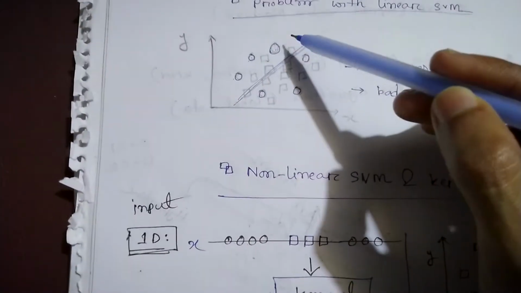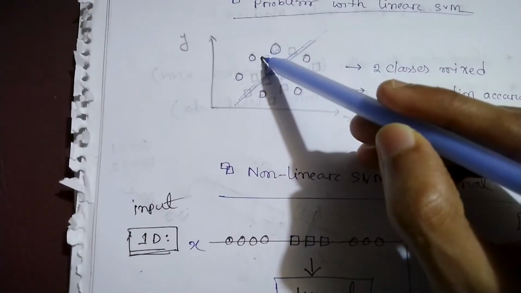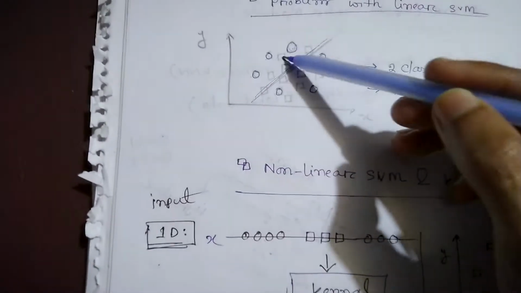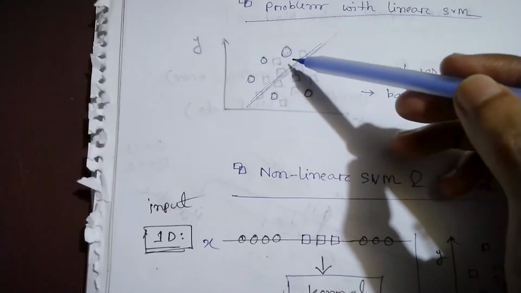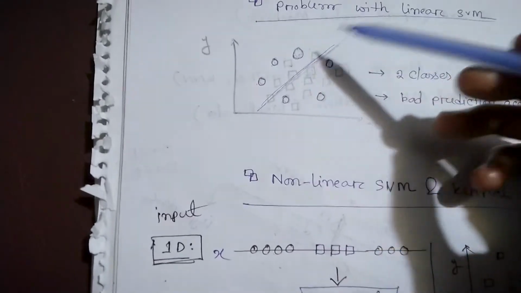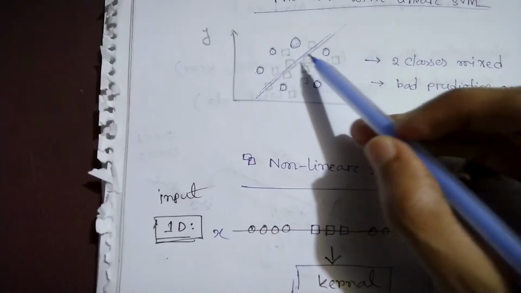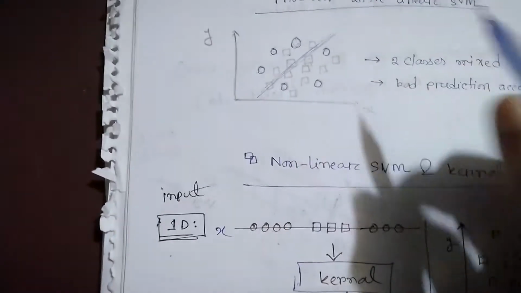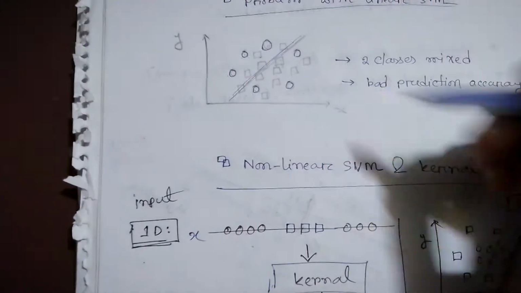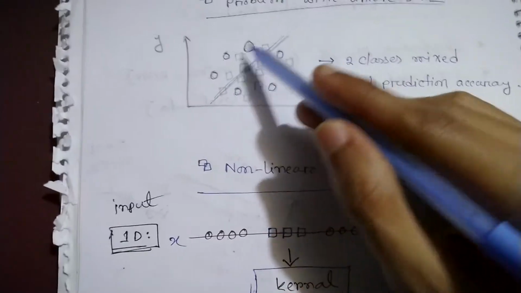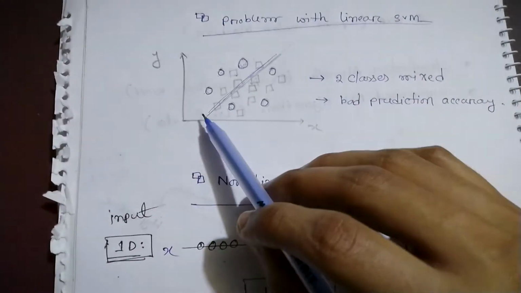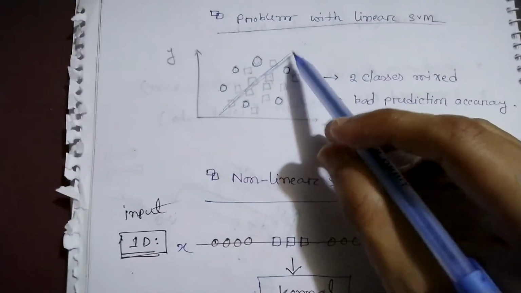When you want to predict, and you get a rectangle here, then the prediction would be low. It says that the prediction of getting a cancer cell is 0.5, which is not what we want. We want 100% accuracy. So all of the circles should be on the left side and all the rectangles on the right side, so that we get the most perfect prediction. We don't want this mixing. So just drawing a linear line cannot differentiate two different data sets and classify them properly.